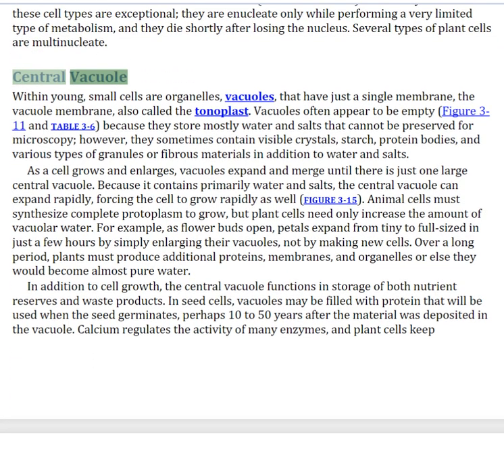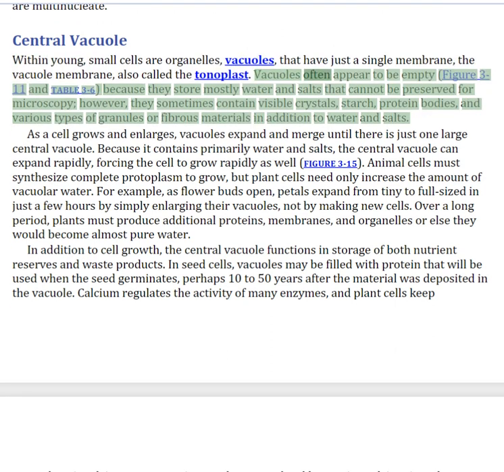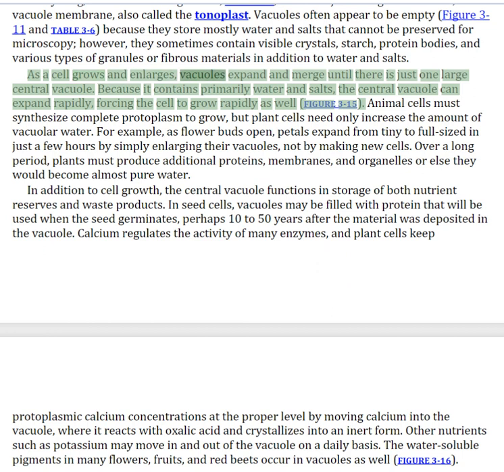Central vacuole. Within young, small cells are organelles, vacuoles, that have just a single membrane, the vacuole membrane, also called the tonoplast. Vacuoles often appear to be empty because they store mostly water and salts that cannot be preserved for microscopy. However, they sometimes contain visible crystals, starch, protein bodies, and various types of granules or fibrous materials in addition to water and salts. As a cell grows and enlarges, vacuoles expand and merge until there is just one large